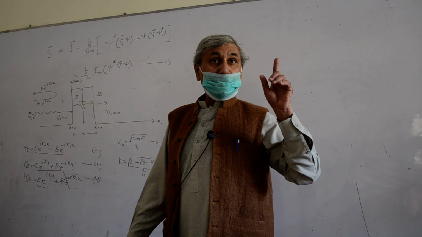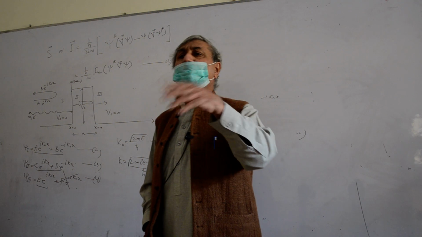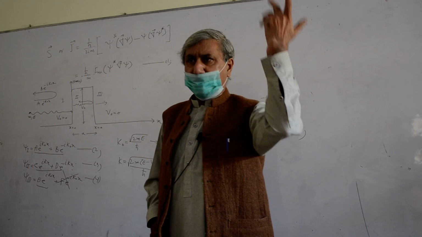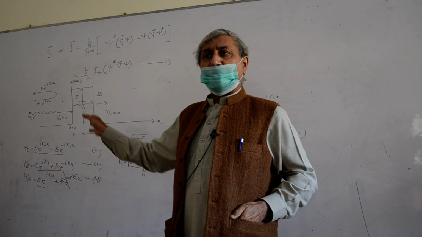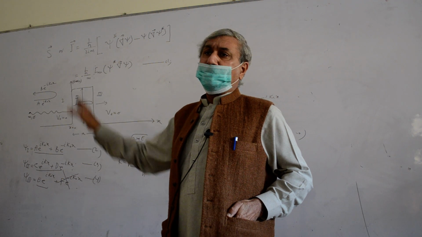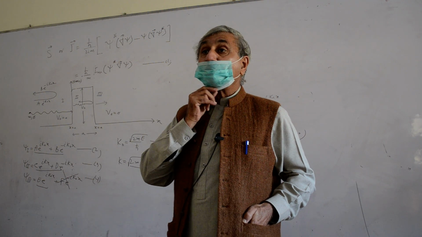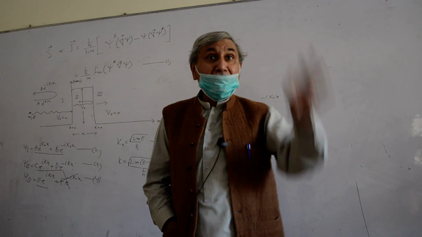What I am saying? 10 electron volt. Particle of mass m, मैं कुछ आपको दे देता हूँ या नहीं देता हूँ, चलो वो भी, लेकिन मैं कहता हूँ कि the potential barrier height is 10 electron volt. Particle of mass m with energy 5 electron volt,